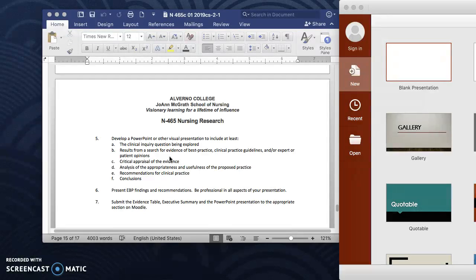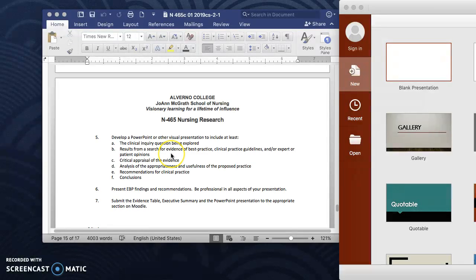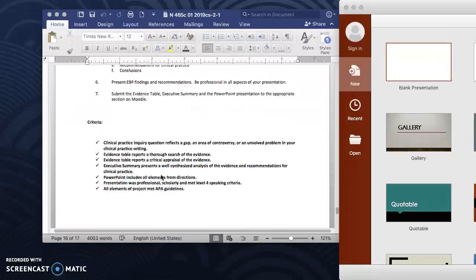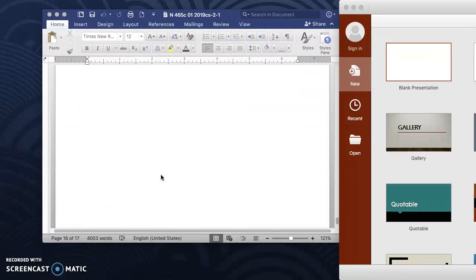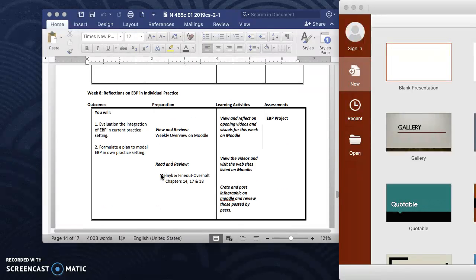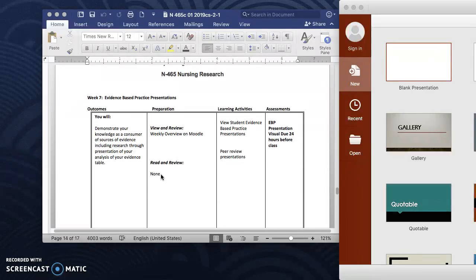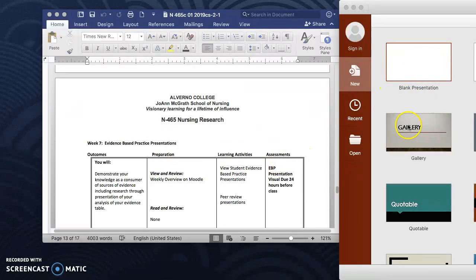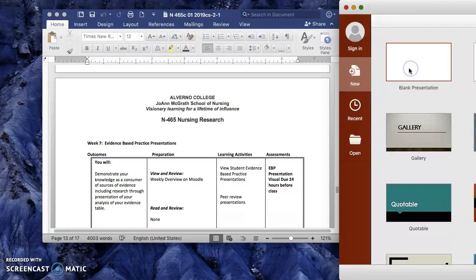So you want to develop a PowerPoint or another visual that includes the topic to be explored, the evidence, how you appraised it, recommendations, the appropriateness for that. And then here's the feedback. Now, when you're doing the PowerPoint, I'm just going to show you